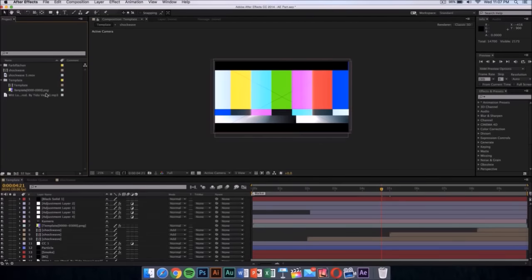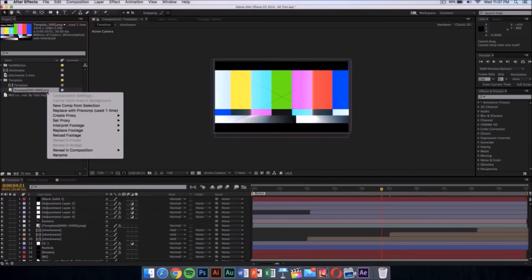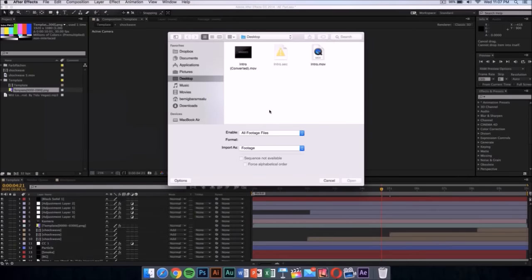So what you want to do is click on the template folder, and it should drop down a menu with these 2 things, and you want to replace this colorful thing, the PNG. Right click on it and then go on to replace footage and then click on file. Once you have done that, go wherever you saved your intro. I saved my intro that I exported from Cinema 4D on my desktop, so I'm gonna select that file